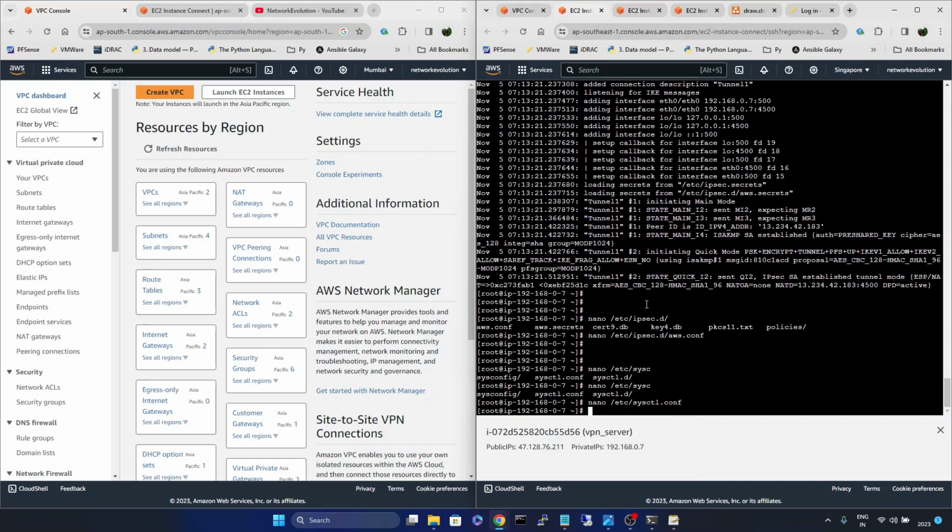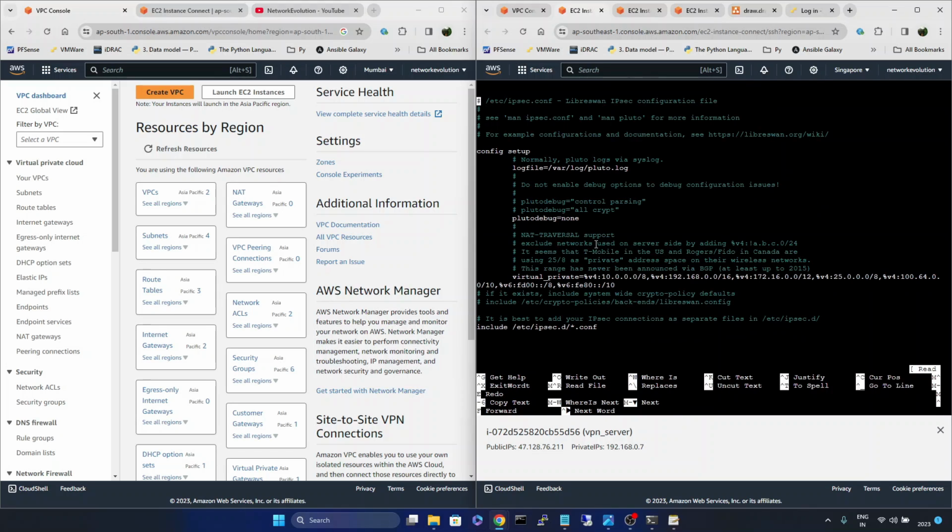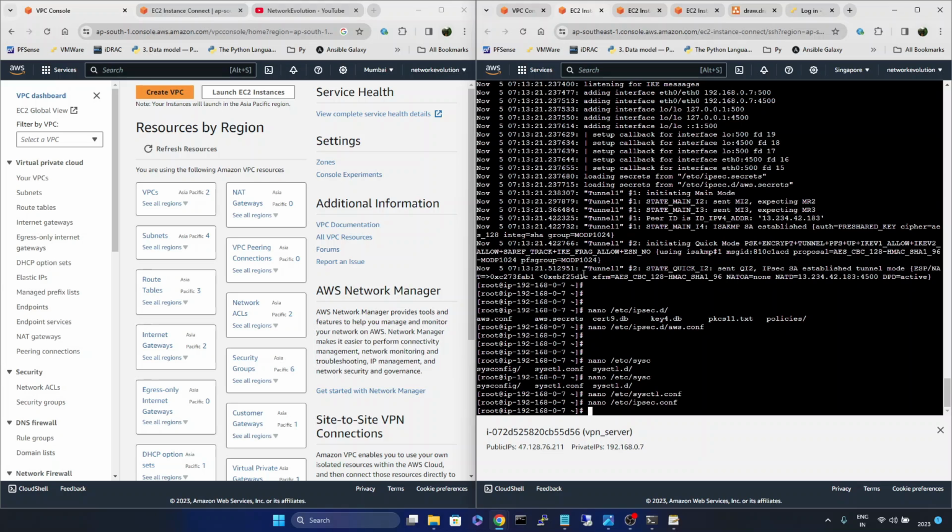Then we even need to check /etc/ipsec.conf. So here I have already enabled the logging, so it will be logging all the VPN connection details to /var/log/pluto.log. Then this is already uncommented. I'll show all these steps later. Then we need to give nano /etc